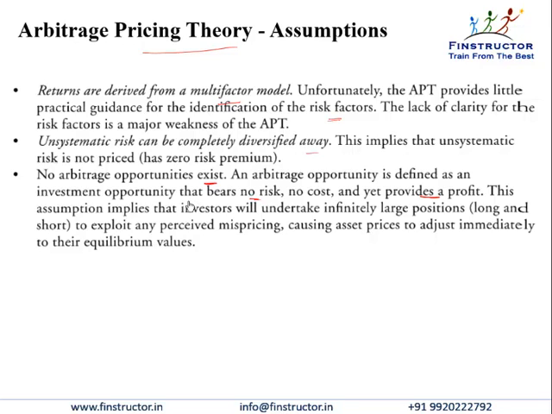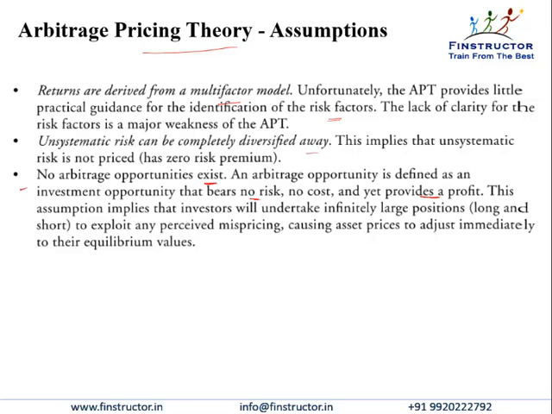So if it is a long short opportunity, then again people will take corresponding positions so that the opportunity dissipates. Again, not a very limiting assumption. So all assumptions in arbitrage pricing theory are much less restrictive than the assumptions of CAPM. We're just saying that returns come from a multi-factor model, unsystematic risk can be diversified away, and that no arbitrage